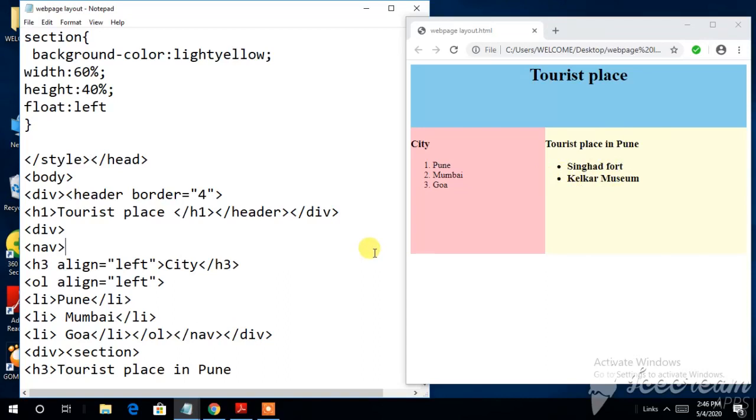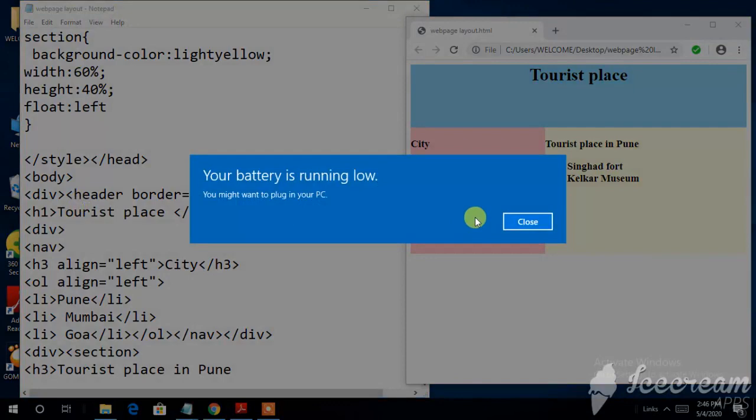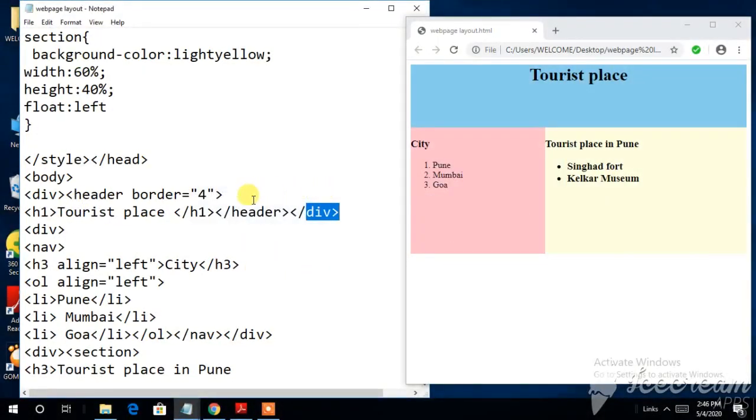Okay, now see here, when you are starting with the division, you should close the first part. You are starting with the header, so the header should be closed. Okay, and then divide.